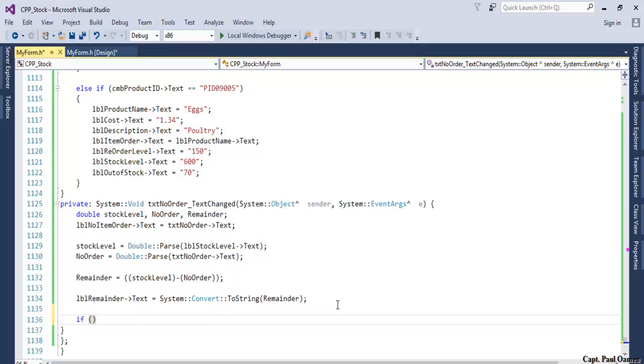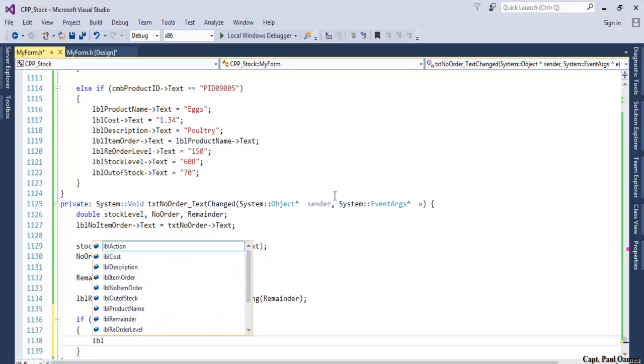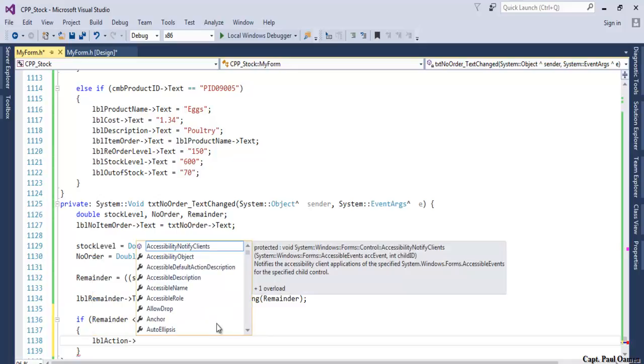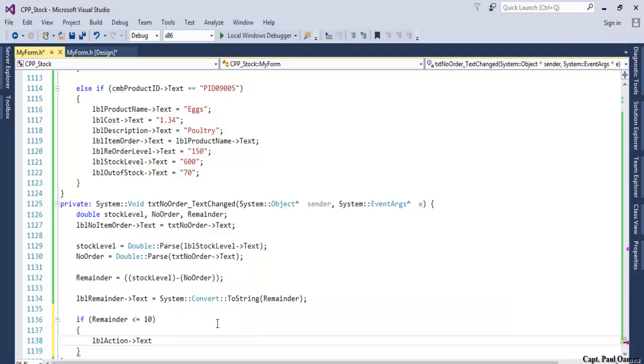If remainder is less than or equal to 10, enter our curly braces there. Then we need the name, LDL action, and we want the text value to be equal to: order more product. Close that. Else